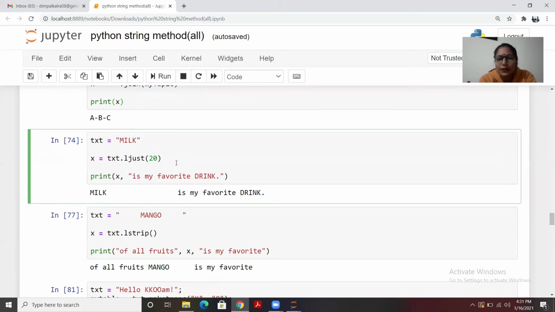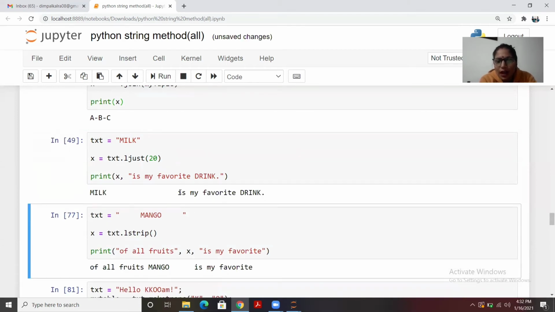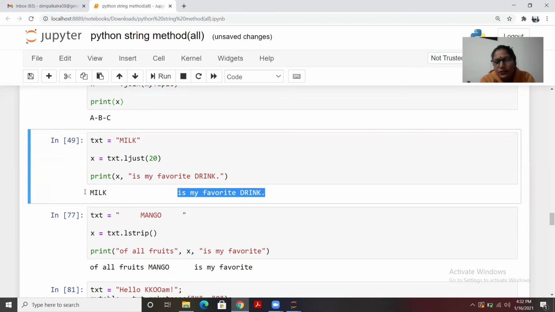So for example, I have written milk, that is my text, and I have used ljust, and the value is 20. This means that to the left side this value is going to be added, and the difference from the existing string will be 21. So if we run it, you see, because it's ljust, it goes to the left side. Fine.